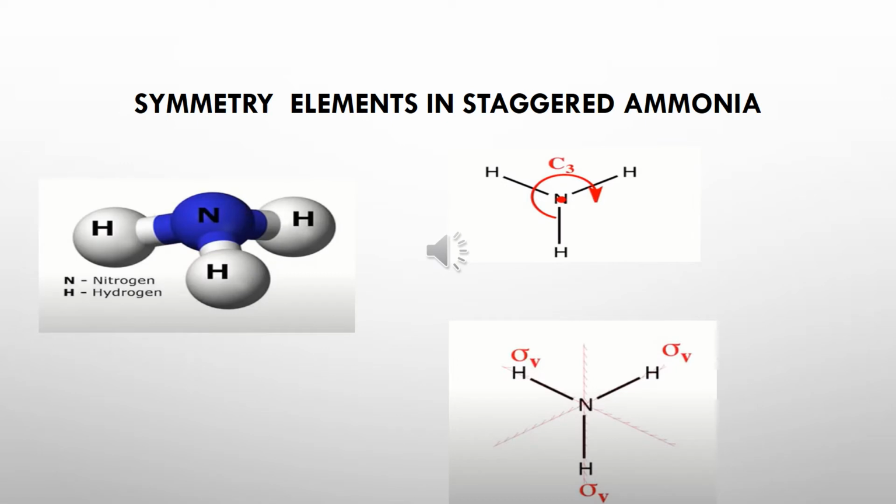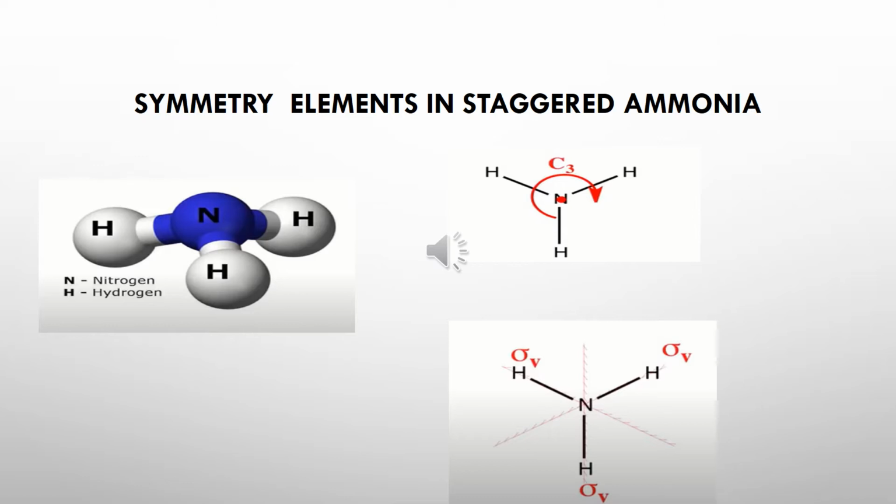So to build a multiplication table we should know about the symmetry elements and operations in the ammonia molecule. First is identity, which is present in every molecule. Next one is proper rotation, and there is C3 rotation found in ammonia, and there is a further operation of this symmetry element present in ammonia, that is C3 twice. If we give a C3 rotation then the hydrogen atoms replace their positions. So if we apply C3 twice, it means we give the C3 rotation two times.